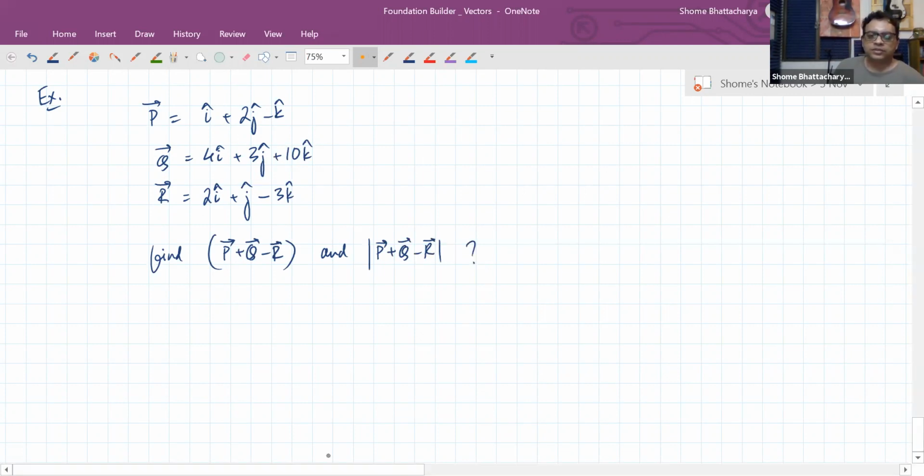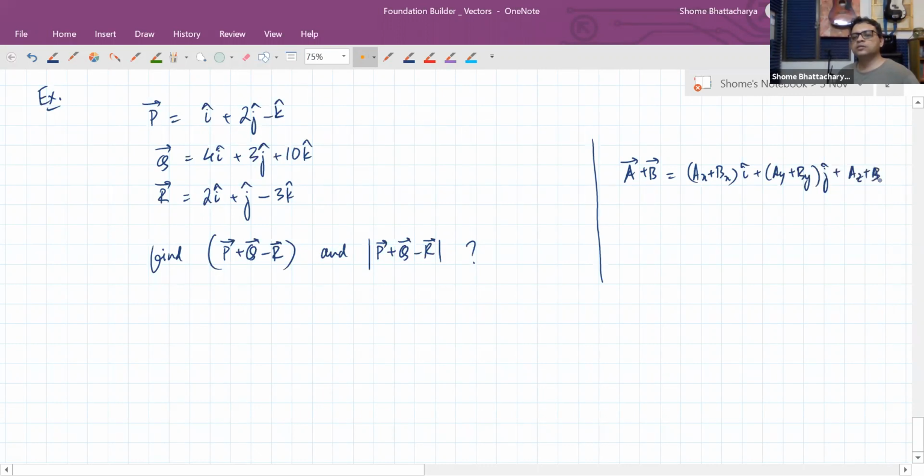So, very simple question. We have to just apply the normal principles of algebra. You can apply this principle that in component form, A plus B becomes the sum of the x components into i cap, plus the sum of the y components into j cap, plus the sum of the z components into k cap. And similarly, if we are subtracting two vectors, let's say D minus E, in component form it